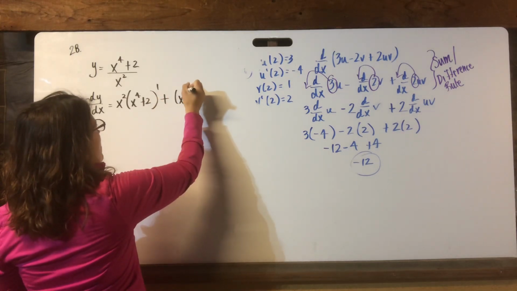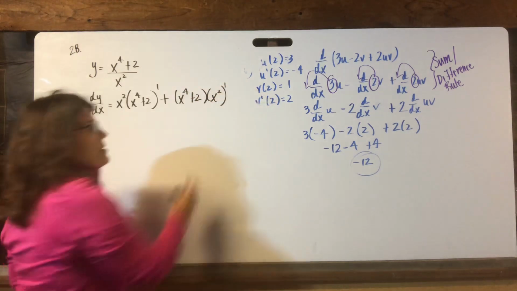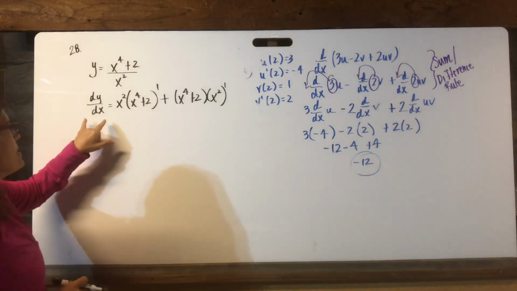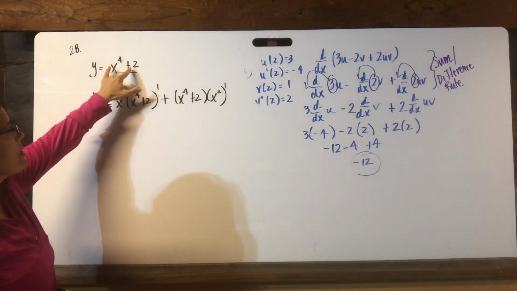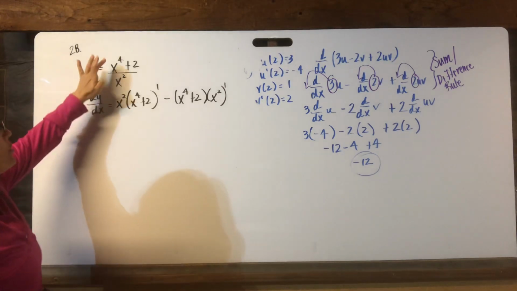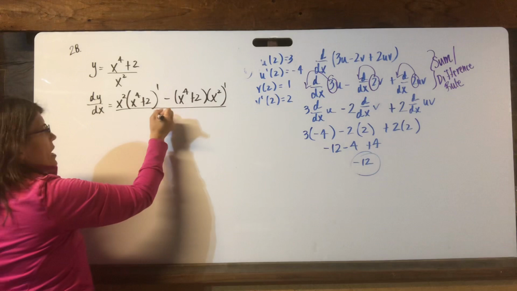Plus x to the 4th plus 2 times the derivative of x squared. Sorry, it's the denominator times the derivative of the numerator minus the numerator times the derivative of the denominator, all over x squared